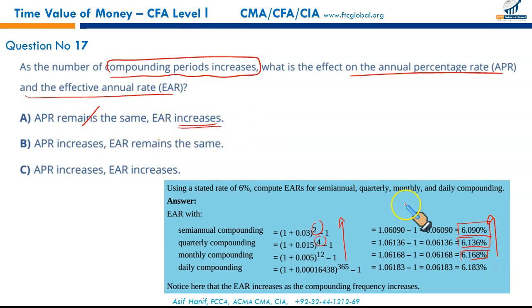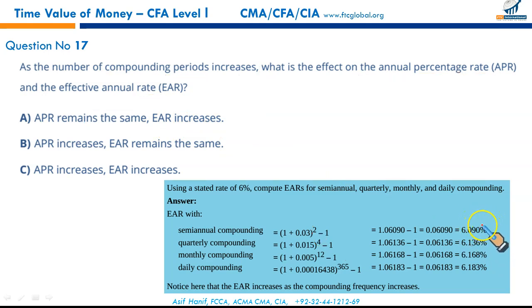Yes, it does. Effective annual rate increases, but something that is very fine that you need to appreciate. Annual percentage rate is the same, but when the frequency of compounding is increased, your effective annual rate goes up. Yes, it does, but it increases decreasingly. The first increase was 0.4%, then 0.3% approximately, then 0.2%. So it is increasing but decreasingly. So we do not have this fine requirement in the question. What we do see is that as the frequency of compounding goes up, your effective annual rate goes up as well. So that is the right answer.